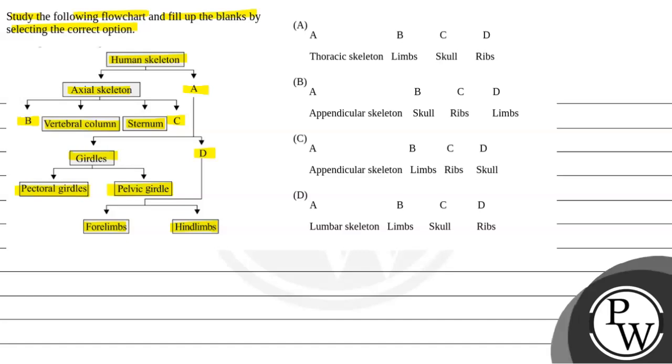In the first option, A is thoracic skeleton, B is limbs, C is skull and D is ribs. In the second option, A is appendicular skeleton, B is skull, C is ribs, D is limbs. In the third option, A is appendicular skeleton, B is limbs, C is ribs and D is skull. And in the fourth option, A is lumbar skeleton, B is limbs, C is skull and D is ribs. So the key concept of this question is